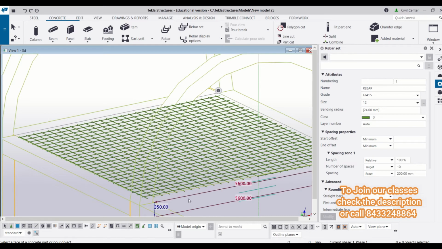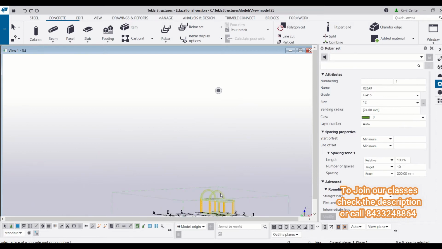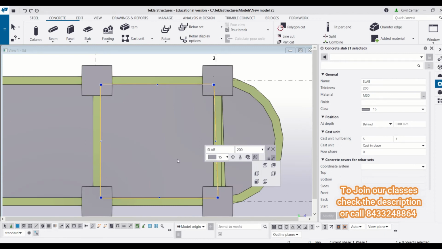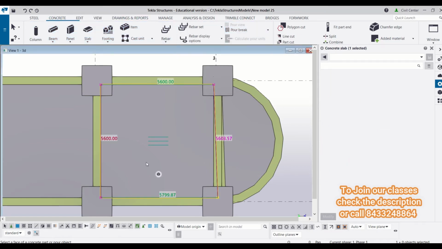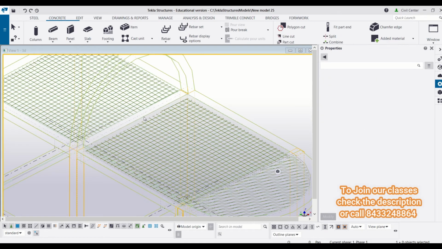And if you want to provide the reinforcement in the bottom of the slab and you are finding it difficult to provide it this way, then you can use two methods. Either you can just select all these rebars and move them to the bottom of the slab, or you can go to the bottom view and from there you can choose your desired face. Like I want to provide my reinforcement over here, so I will just select the slab, go to Concrete, Rebar set, Create rebars by face and provide the reinforcements. So this way I can provide the reinforcement in the bottom of my slab using the rebar set.